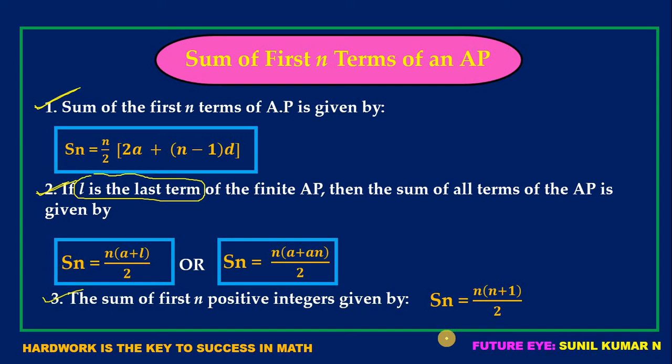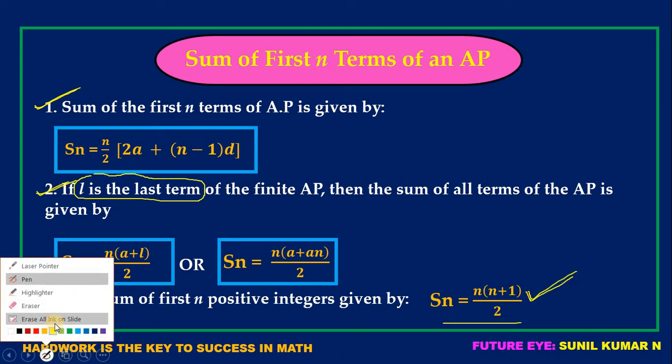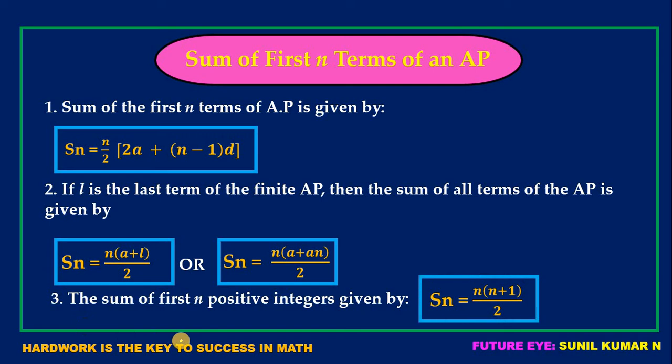Here I'll give you an example. If you want to find the sum of continuous numbers from 1 to 50, you can use this formula. Otherwise, if you want to find the sum from 1 to 100, you can use this formula. Otherwise, 1 to 1000, you can use this formula. These three formulas are very important, and definitely every year there will be a problem on the sum finding formulas. Hence learn and practice very well.